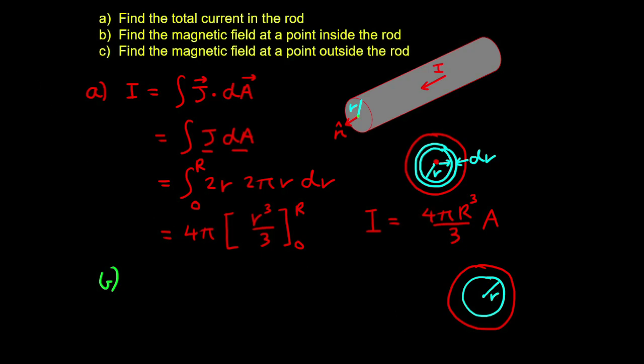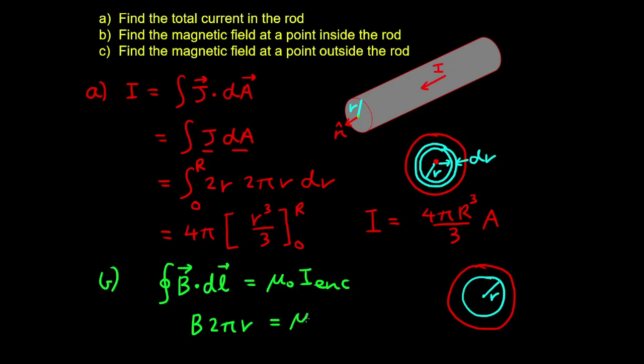So remember Ampere's law, which was the integral of the dot product between a magnetic field and a differential length vector is equal to the magnetic permeability by the enclosed current. So that will be B by 2 pi r is equal to mu naught,